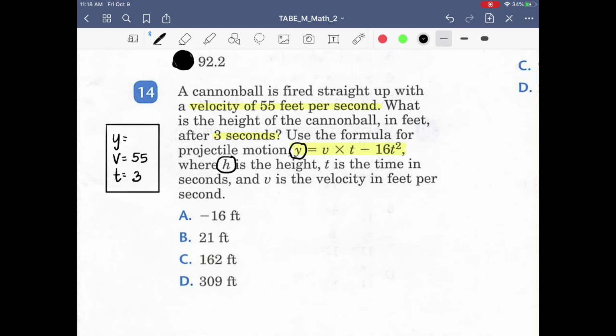But I am going to say, for our purposes, because I really think this was a misprint, I want you to cross out this y, and out here let's put an h. Because whatever you call it, the value that we're going to find is the height of this cannonball. And I like h because it is height. So I'm not sure about this one, but we're going to use the letter h instead of the y. So the height is